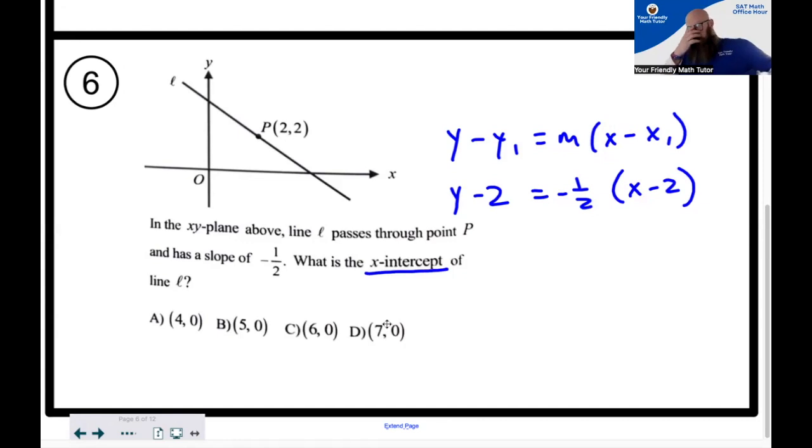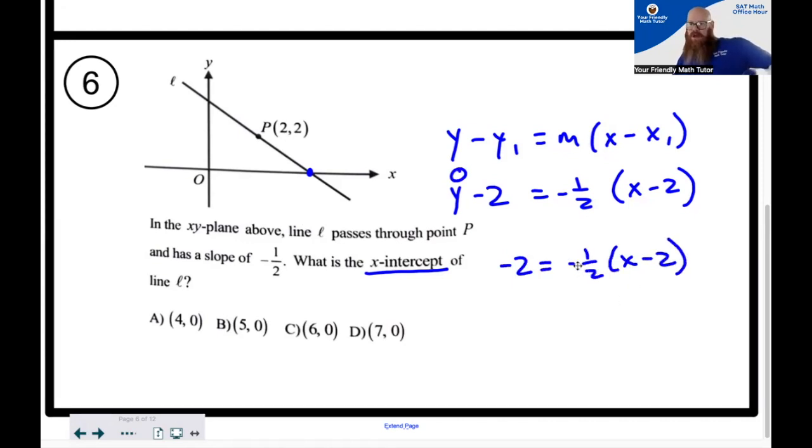Another reason I chose this problem is to go over the idea of x-intercept. If they want the x-intercept, you really have two options. You could just throw this into Desmos and find the x-intercept, just look at it. That might not be bad. Or x-intercept is making y 0. So just make y 0 and you get -2 equals -1/2 x minus 2 and solve for x,